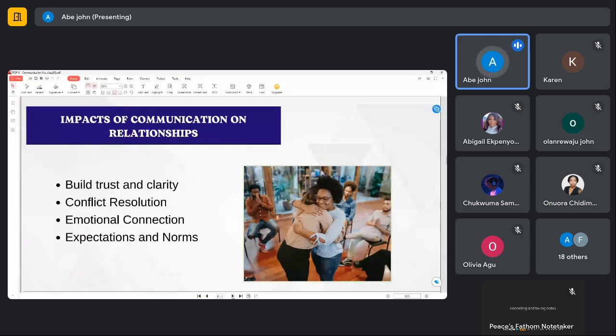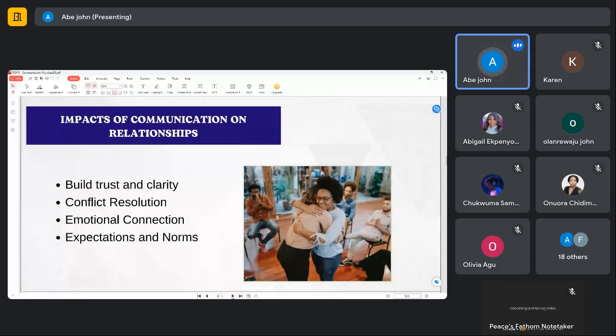So that's part of what communication does. Then the expectations and norms. It's more like, okay, this designer has been asked to do the wireframe or the user flow for this product. You are very sure and confident that this designer will actually do it and meet up. So it's still part of you having trust in your team member about the project.